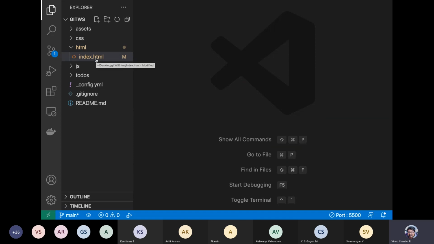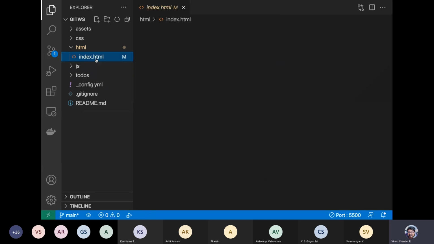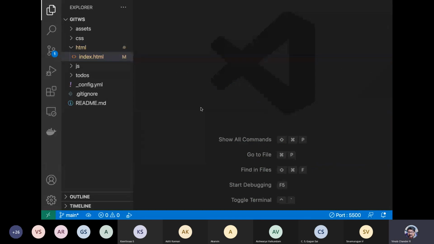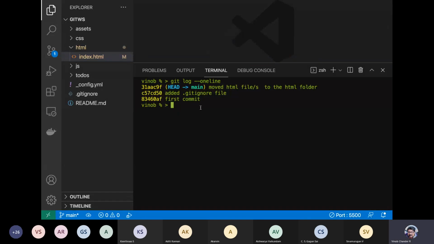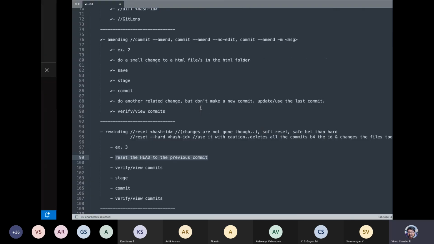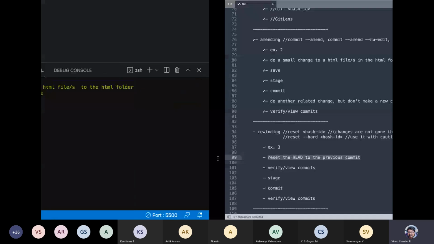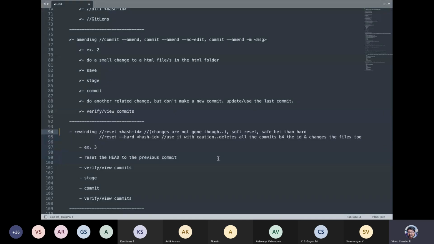Hard reset is dangerous. If you are sure that you want to do a hard reset and delete things, and you are not bothered about the changes, you can do a hard reset. So we are not doing a hard reset. We are seeing how to do a soft reset here. So let us come back to this. We have done a soft reset. We have just moved into a particular commit. We have verified the commit. So that is done. Let us put a tick mark on these things as well.